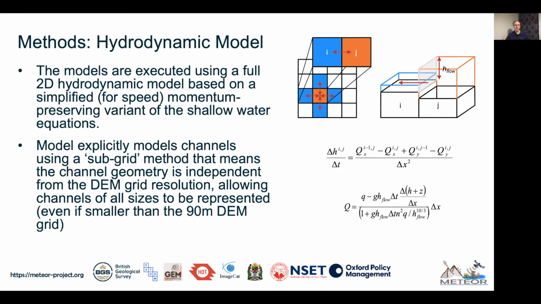Now that the framework has generated all of the boundary conditions, it has to execute. It does this using a full 2D hydrodynamic model based on the simplified inertial variant of the shallow water equations. I talked about these in a little bit more detail in the previous presentation, but the important thing to note about them is that the physics is simplified as far as possible in order to maximize the speed of the simulation and minimize the amount of computational power that it requires, while still preserving enough precision and accuracy to